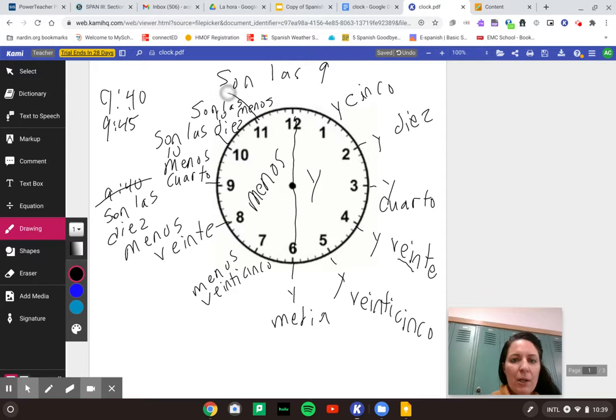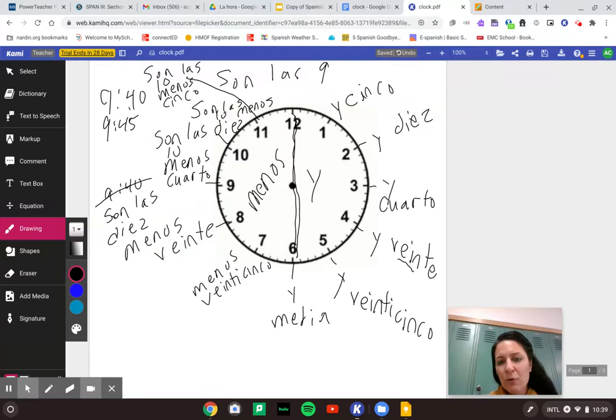And then we just have one more here, and that would be if it were 9:55. So now it's going to be what? Son las 10 menos 5, because it's 5 minutes to 10. So we've got to think of this side of the clock, past 6, as menos. Those are where we're going to start our subtracting. And then from 12 to 6, if you had y dos, y tres, y cuatro, y seis, we're going to add for that. But we're always going to start to subtract after, it's usually after 35, I would say.